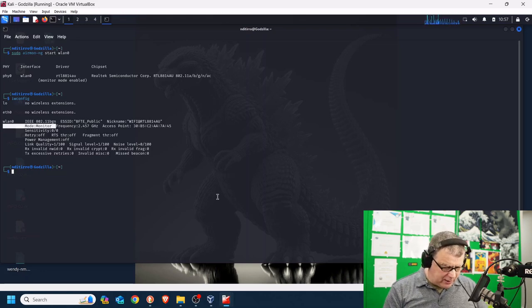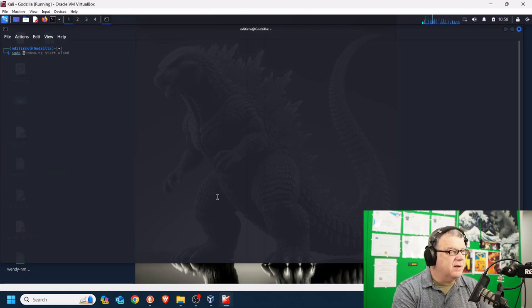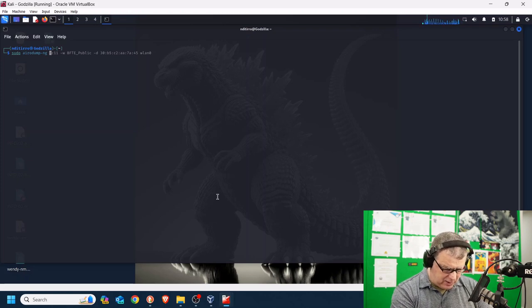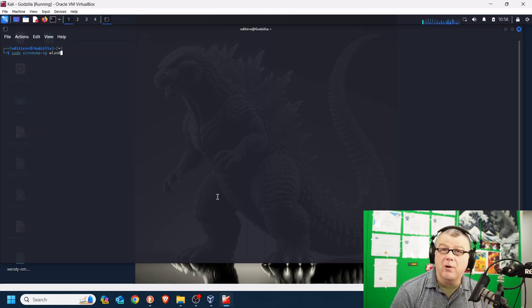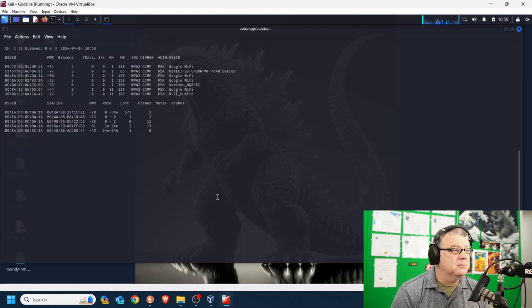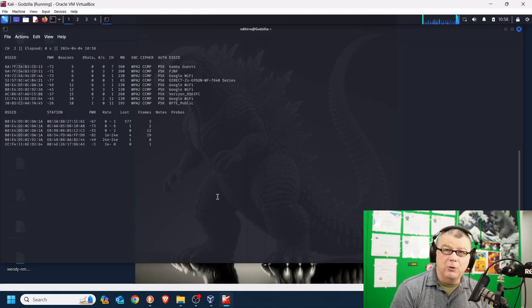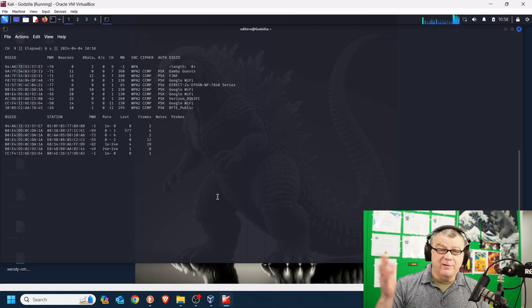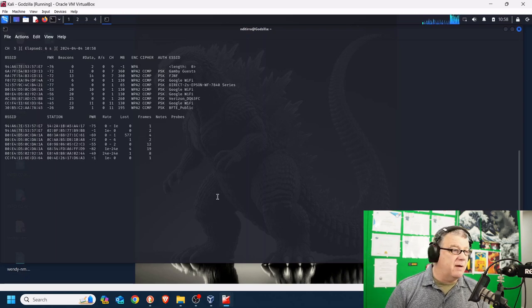And real quickly, let me clear this. I'll say sudo airodump-ng, and what do we have here? Listen to everything at wlan0. That's this card. Remember, wlan0 is this wireless card here. Pay attention to what other people are doing. And lo and behold, it is going out there and it is sniffing other traffic. Real quickly, if you look right here,